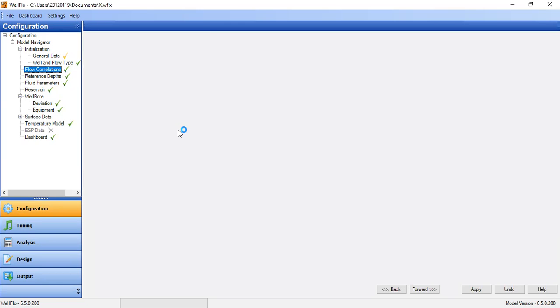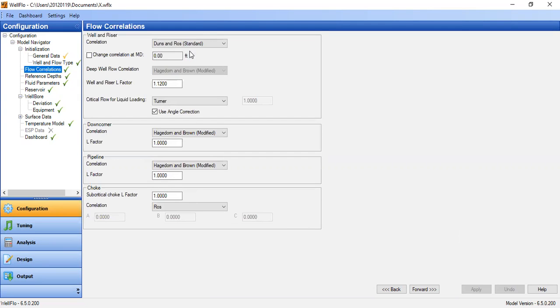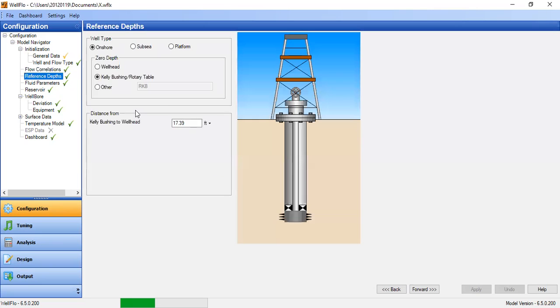Flow correlations, we will use Duns and Ros, okay, and well and riser L factor 1.12. Reference depth, it is an onshore well, zero depth at Kelly bushing, and the distance between Kelly bushing to the wellhead is 17.39